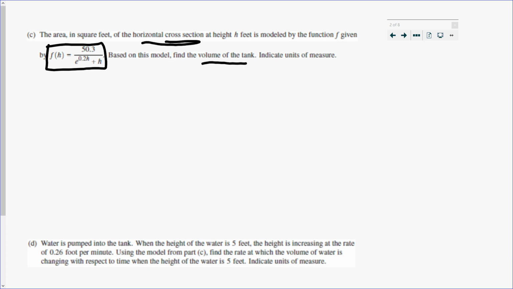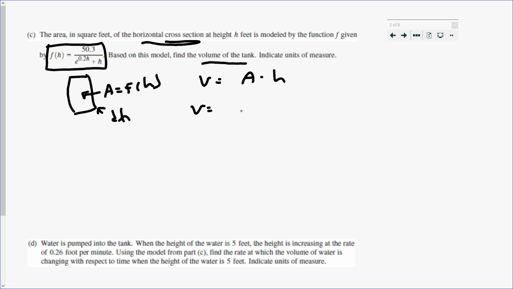Well, if I'm looking for the volume, if I have a cross section right here, and the area here is given by f of h, well, we know that the width is dh. So I can find my volume by taking my area times my height, or the depth of it. So to get the volume, we're going to take that f of h times dh, because it's really tiny, thin, and then we're going to integrate that from 0 to 10. So our volume would equal the integral from 0 to 10